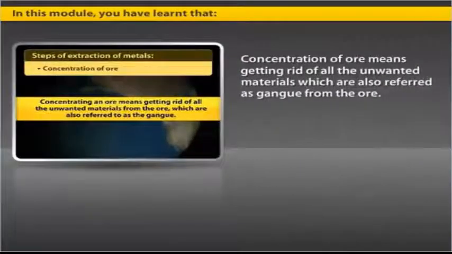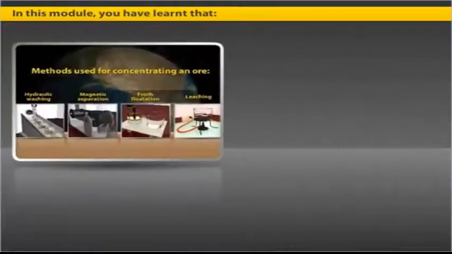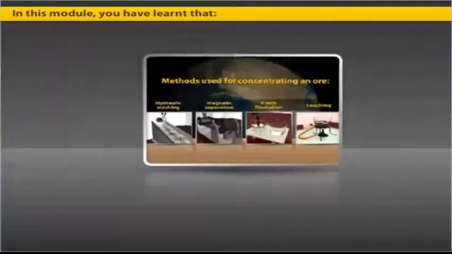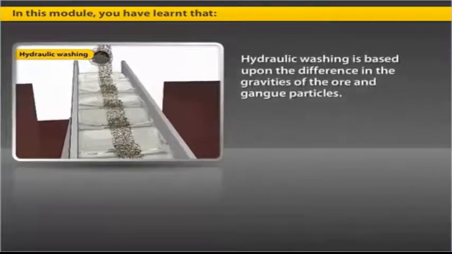Concentration of ore means getting rid of all the unwanted materials, which are also referred to as gangue, from the ore. Commonly used methods for the concentration of ores include hydraulic washing, magnetic separation, froth flotation, and leaching. Hydraulic washing is based upon the difference in the gravities of the ore